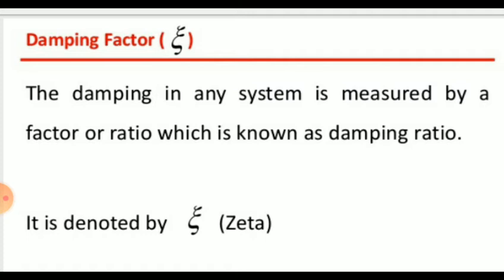As this measures the opposition by the system to the oscillatory behavior, if it is made 0, so zeta equal to 0, the system will oscillate with maximum frequency. Hence, this frequency of oscillation under zeta equal to 0 condition is called the natural frequency of oscillations of the system, and it is denoted by the symbol omega n, radian per second.